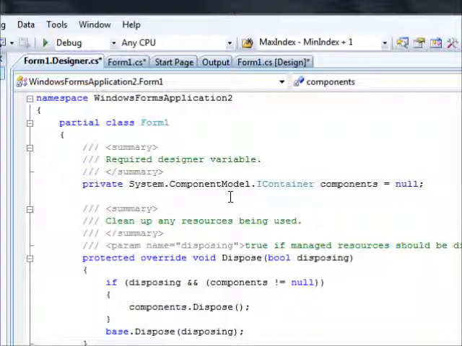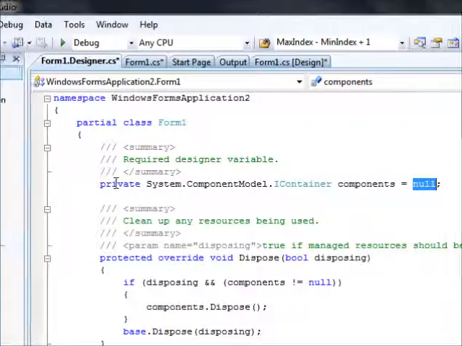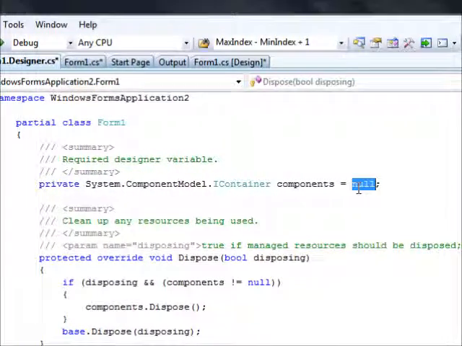So the library is being grouped into a number of parts. Some parts are, for example, ComponentModel, which is used for graphical user interface, let's say, or components. Some part is used for I/O, some part is used for other stuff. So this is why you'll see these a lot, and it will make sense over time. Now you have a variable called components here, and its value is equal to null. So it is being initialized to null,